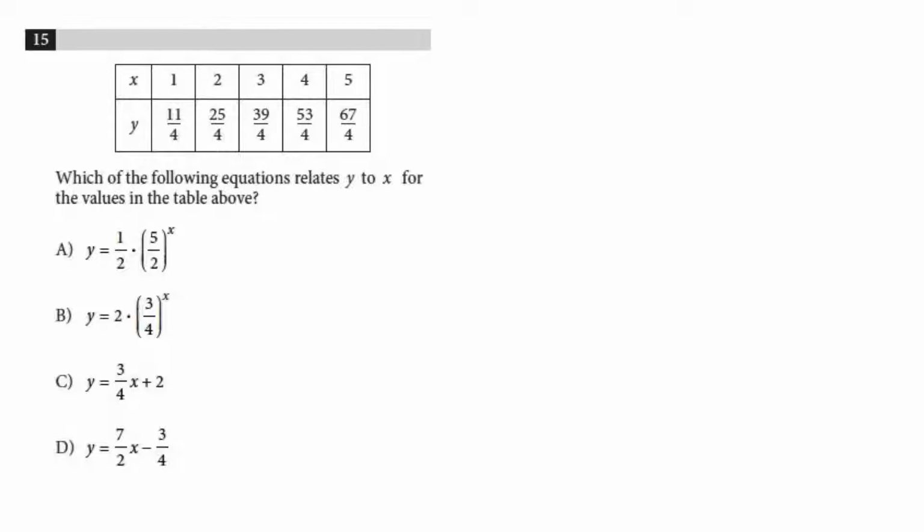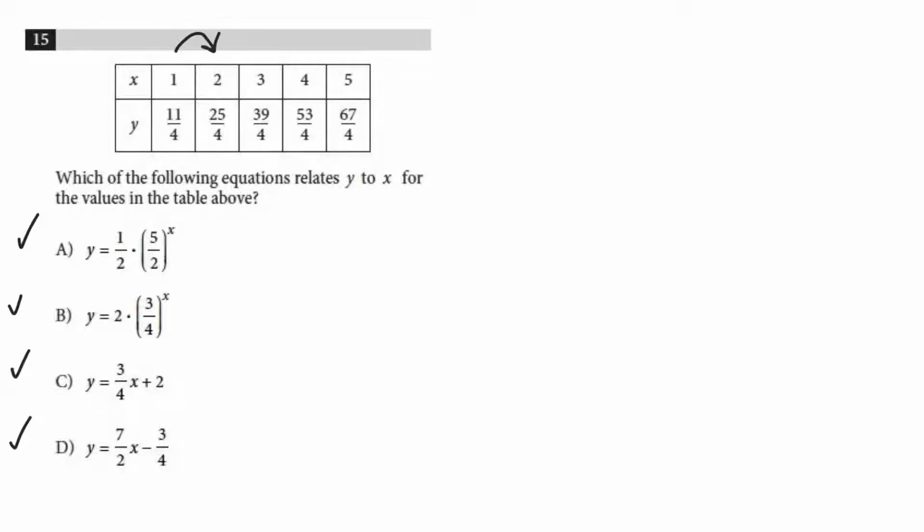15. Which of the following equations relates y to x for the values in the table above? Okay, so our solutions here are two linear and two exponential. So let's look at this and see, is it growing exponentially or decaying exponentially, or is it increasing or decreasing linearly? Alright, well, to figure that out, let's look at the rate of change on two intervals, and is it the same? So on the interval from 1 to 2,